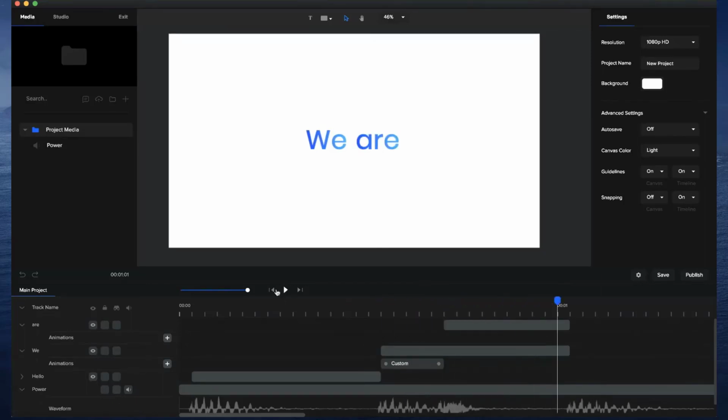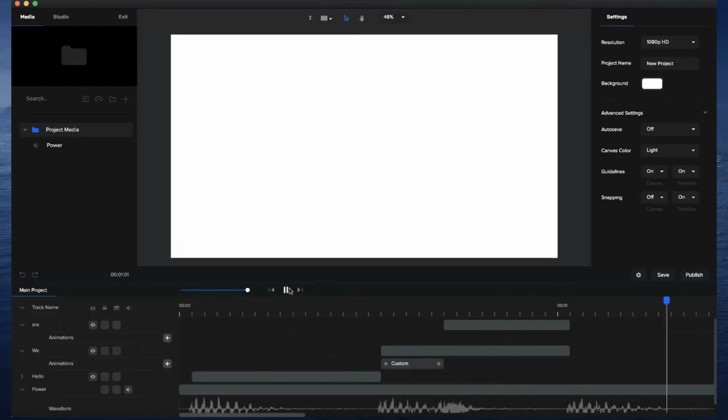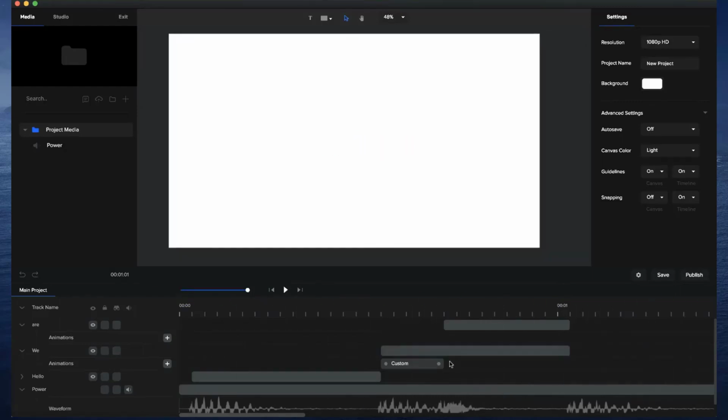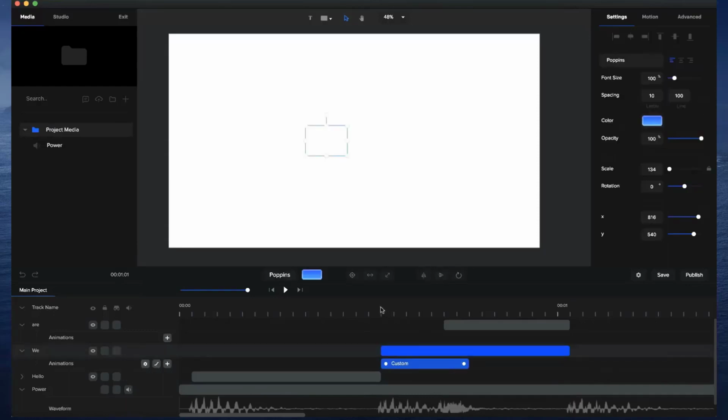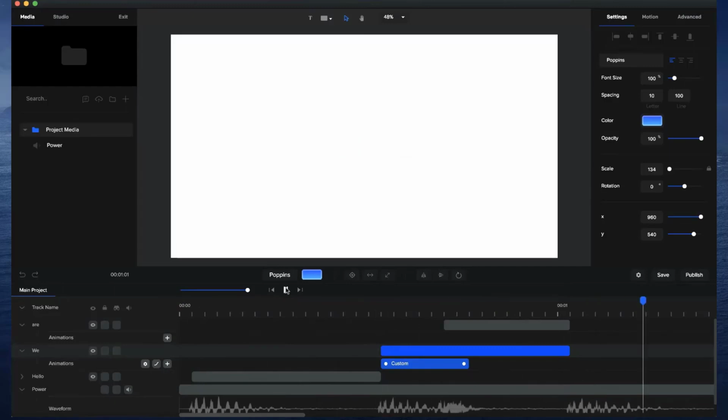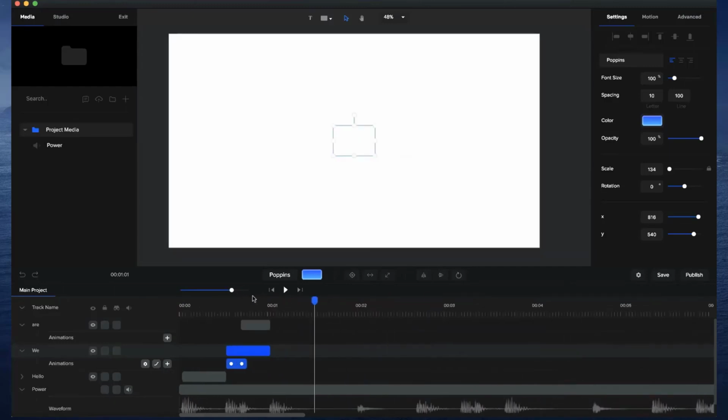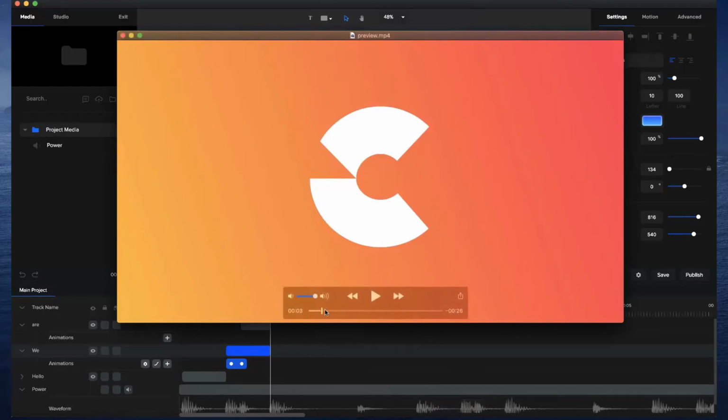Okay, so let's just preview that in real time. Cool. So you can see how fast it is. Maybe you could even make that animation a little bit delayed or a little bit longer. So it goes like this. So it's as the next text coming on, it's still sliding a little bit. You could do something like that, so it's not as fast. Okay, cool. So we've got hello we are,